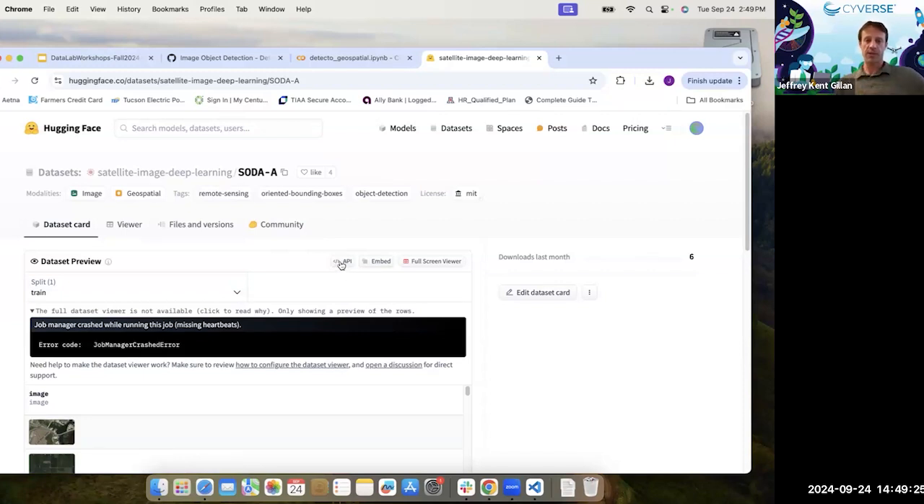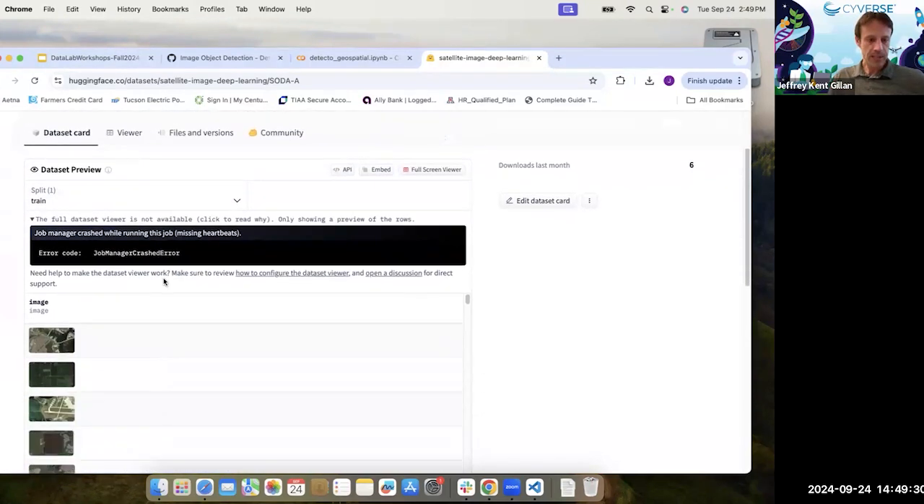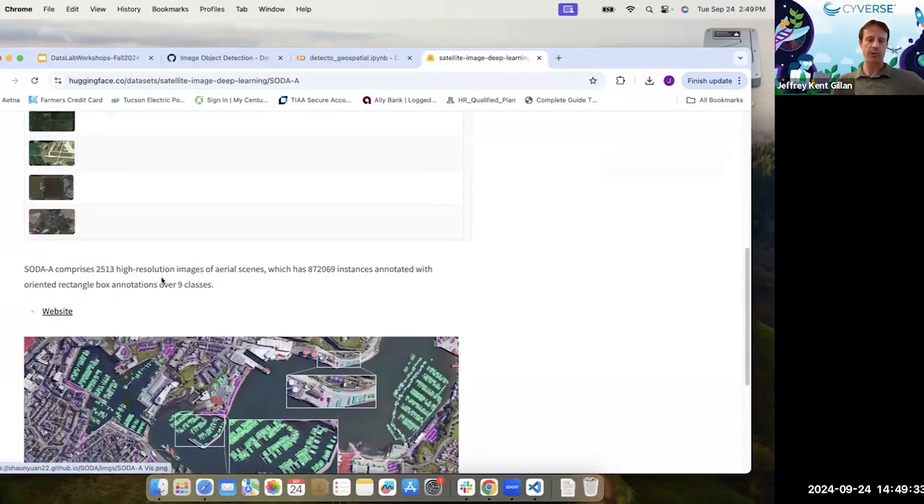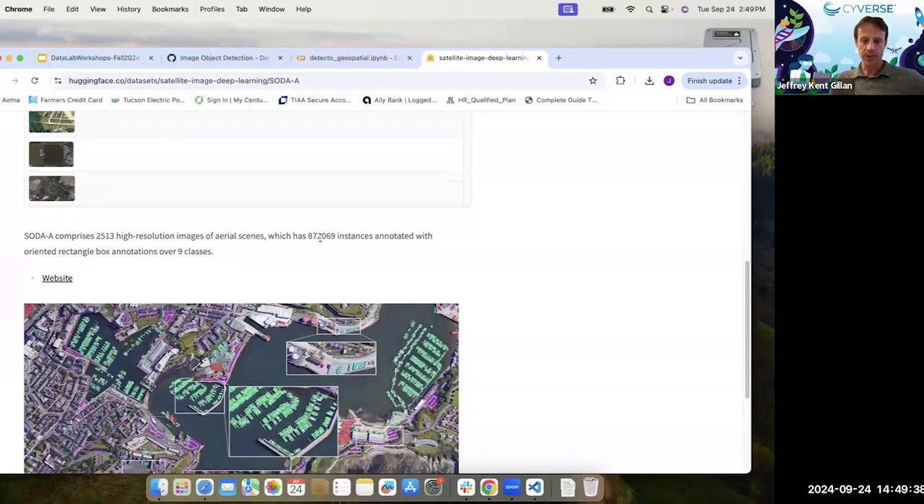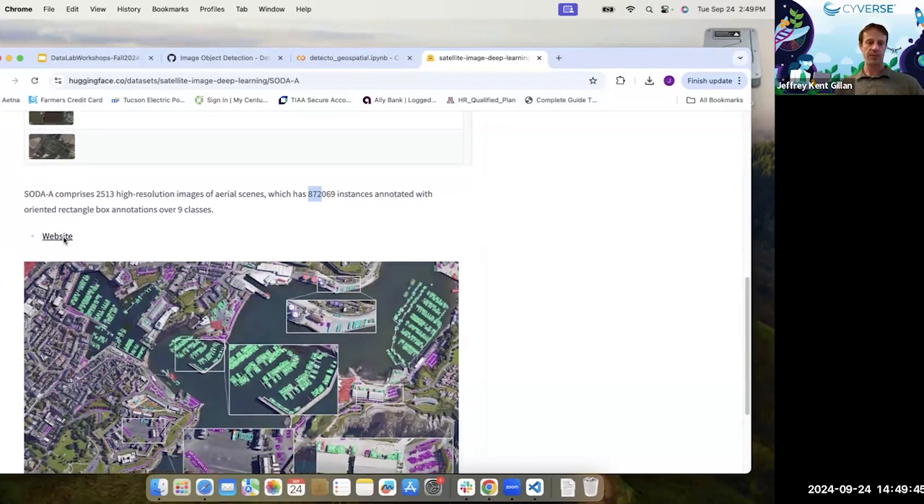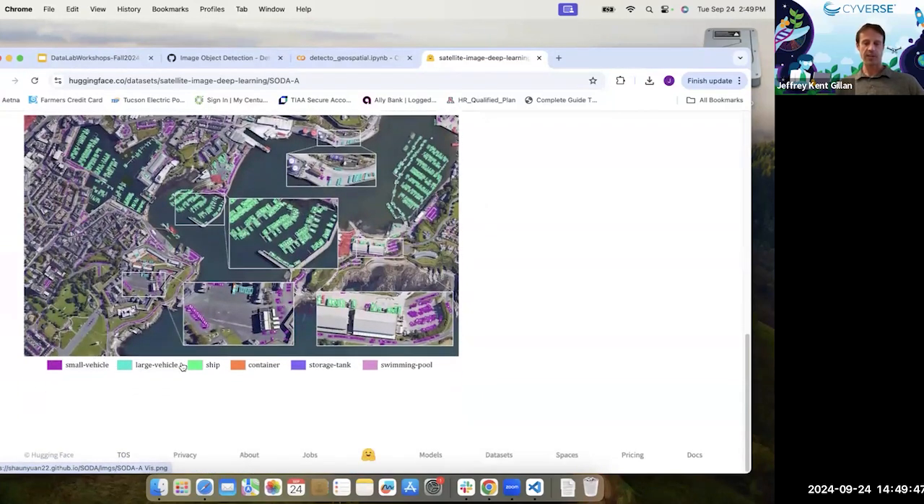Okay, I just wanted to show you that this is another data set from satellite imaging. Data set card. Yeah, here we go. If you scroll down, it's 2,500 high resolution images with 872,000 labels of a bunch of different classes: vehicles, large vehicles, ships, containers. So it's a similar data set, but a little bit different. And so that could be another data set you could use if you're trying to identify swimming pools. We had that problem last week,